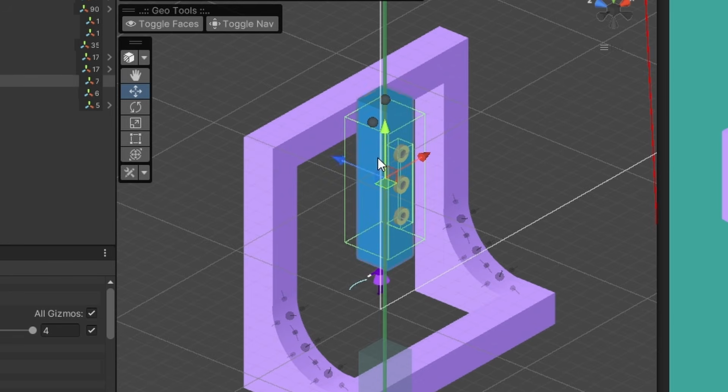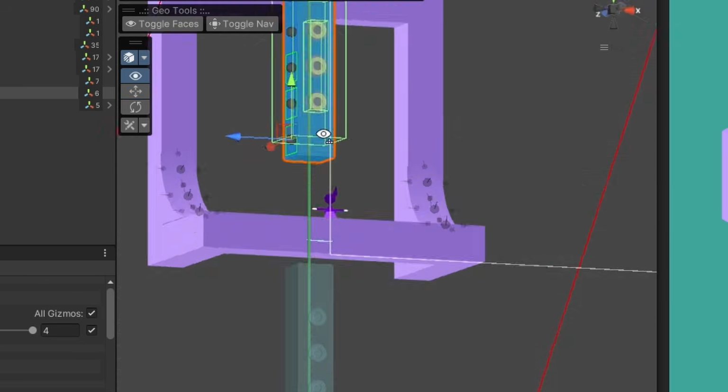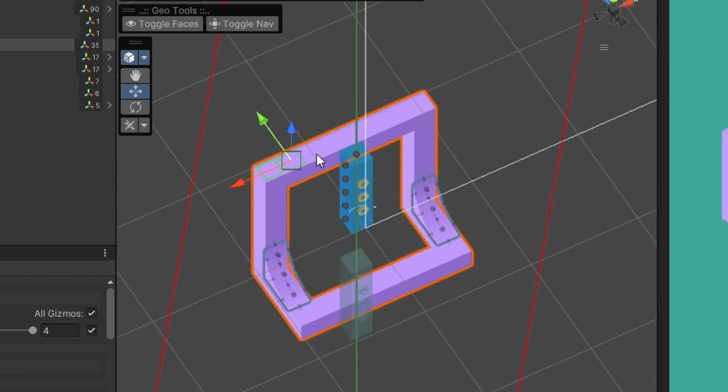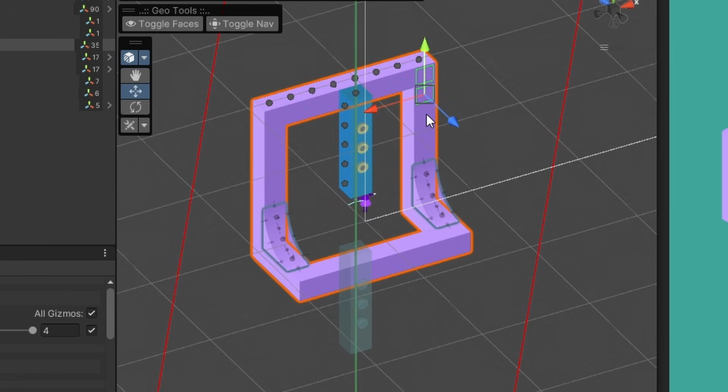One thing that's important about the Geo platforms are these little nodes on top. These are the nav objects that allow our characters to walk on the platforms from block to block. We can select individual faces and toggle the nav on and off. We're going to need to do that for the sides of the platform if we want the player to solve the puzzle across the whole thing.